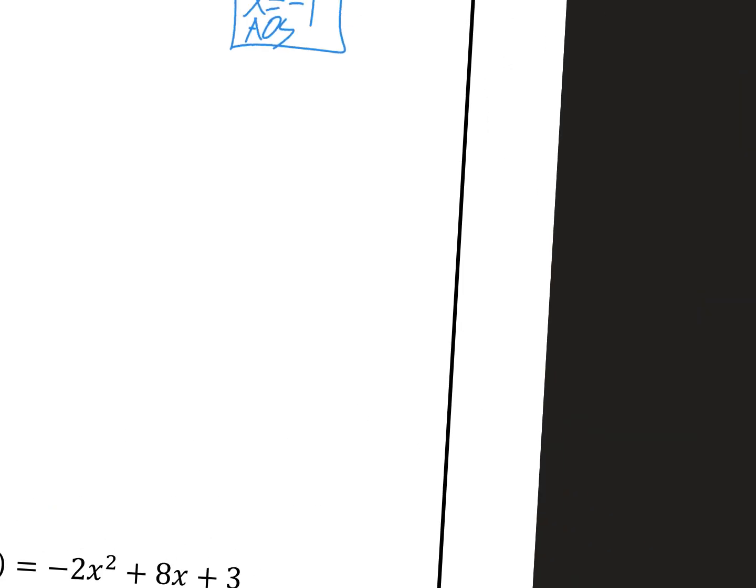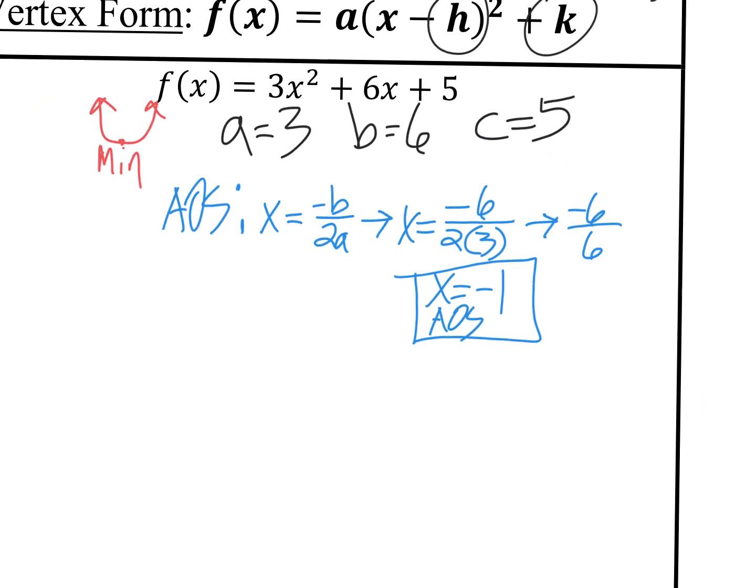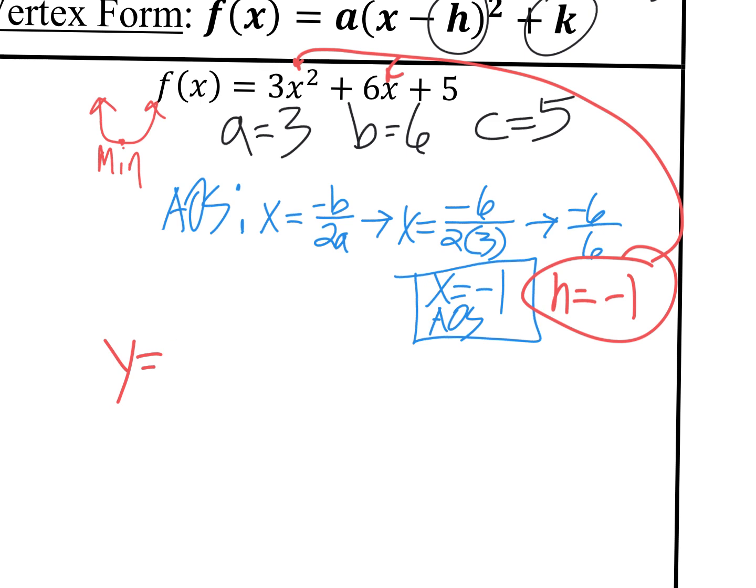That's what's going on in this one as well, and I can redraw that when I show you the graph at the end. In the meantime, what this tells us is our h value. It tells us that h equals negative 1, and we just need to find that k value. To find that k value, we're going to take that negative 1 and plug it in for x. So we're going to say y equals 3 times negative 1 squared plus 6 times negative 1 plus